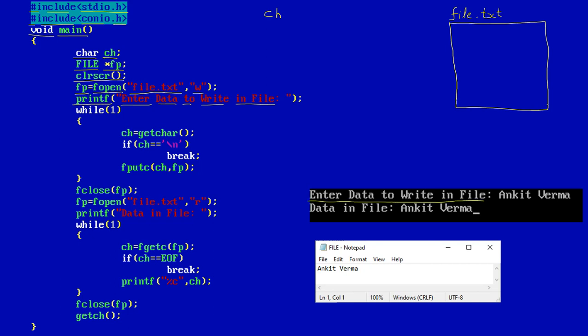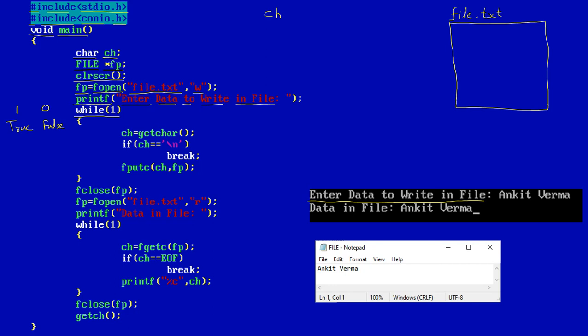Now while(1) is the infinite loop which is going to iterate n number of times until a break happens. We must know one thing, 1 is for the true value and 0 is for the false value. So when we are applying while(1), the meaning is that it is true. So it is always true. No condition is checked. So it is going to iterate n number of times until there is some breaking condition.